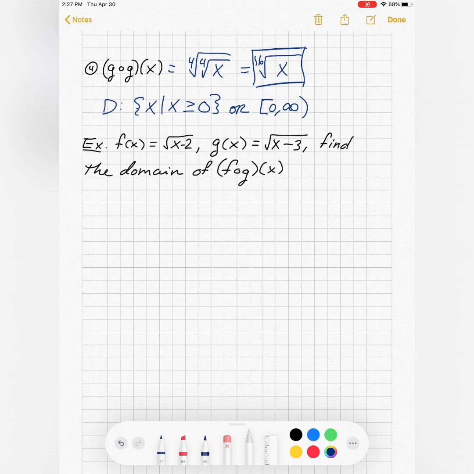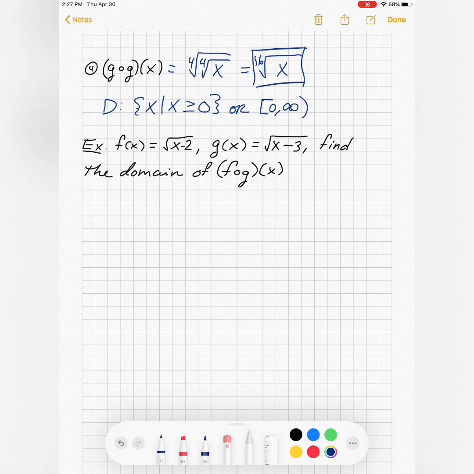See what the next one is. Example 4. Okay, so more root functions. But here we're looking, find the domain of f of g. Okay, well, let me go ahead and find f of g. Why not? So f of g of x